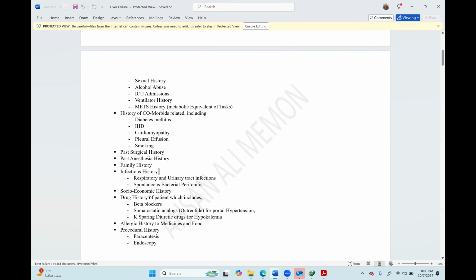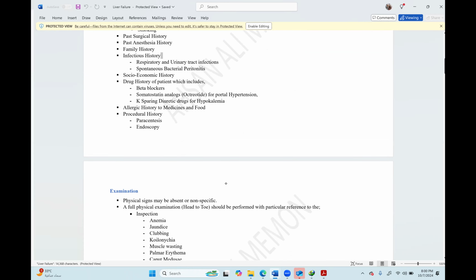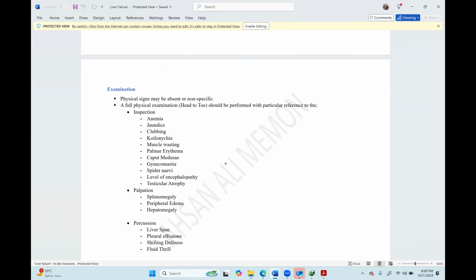But usually with liver failure, patient may be taking beta blockers to reduce portal hypertension, octreotide, also potassium sparing diuretics because of high levels of aldosterone in these patients. Okay, so in examination, there is anemia, jaundice, clubbing, muscle wasting, palmar erythema, caput medusae,